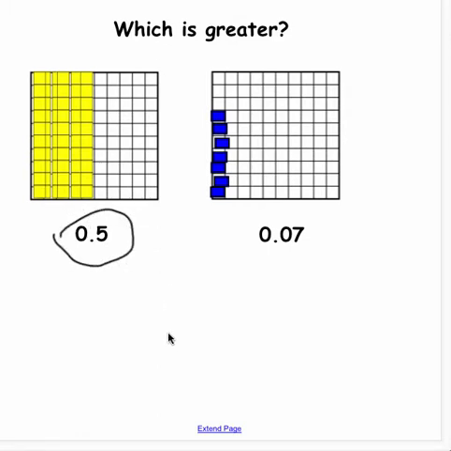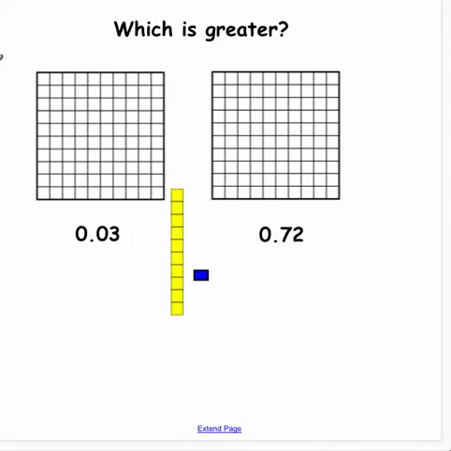5/10 is more than 7 hundredths. Remember, alligator's mouth eats the bigger number. Chomp, chomp. That's how we would represent that. Let's do one more. Thinking about this one, we want to think about which is greater, 3 hundredths or 72